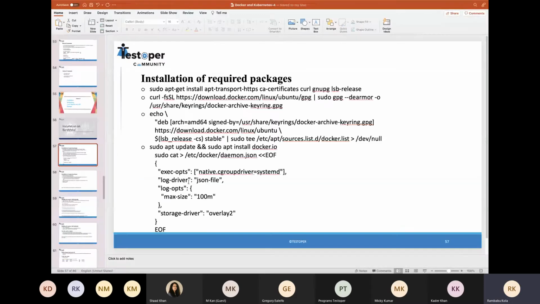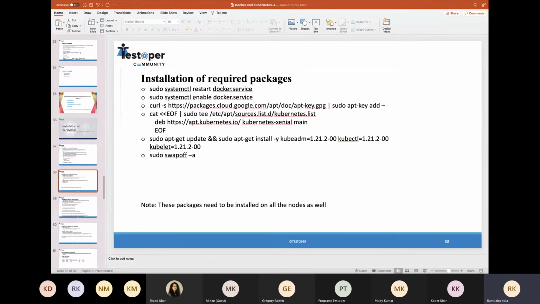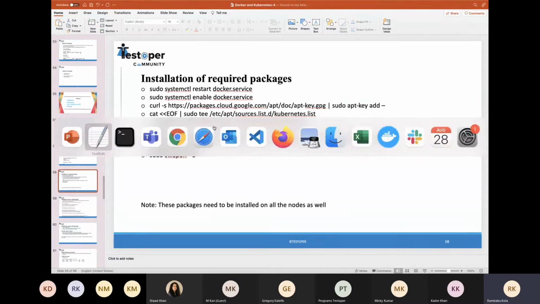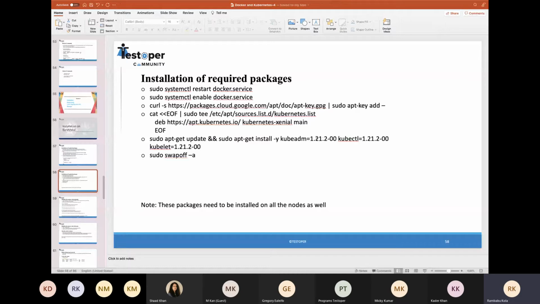And so we just installed all the required packages. Now we'll be installing the Kubernetes packages. Here I'm taking the version as 1.21.2, which is a baseline standard version.